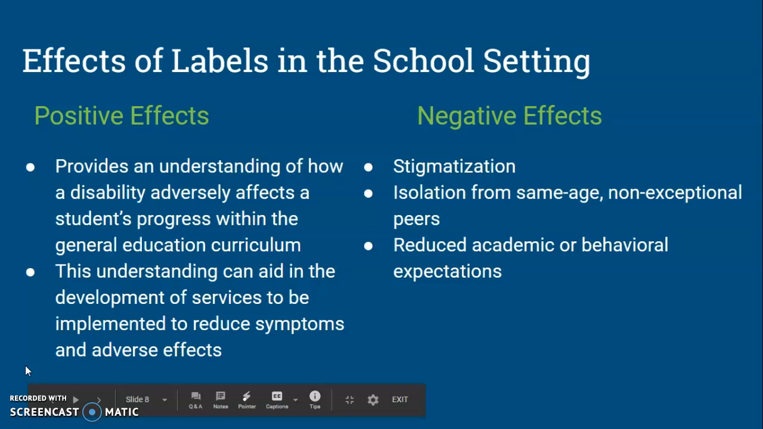Effects of labels in the school setting. So labels do have both positive and negative effects in the school setting. Some of the positive effects are that it provides an understanding of how a disability adversely affects a student's progress within the general education curriculum. This understanding can be used to develop services that the student may need in order to be successful in school. It can also be used to reduce symptoms, such as creating behavior plans to address some anxiety-related issues